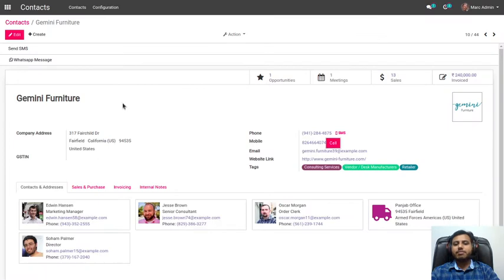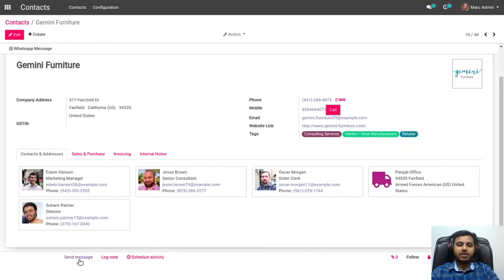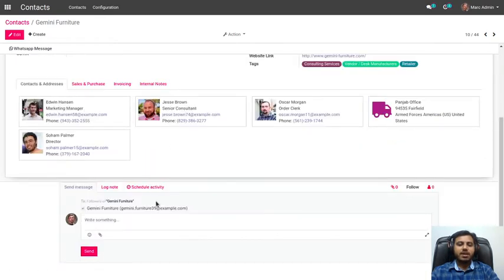If you want to send some mail to this customer, I can click on this send message. So it will directly send a mail from the system itself. You don't need to copy this mail and switch to Gmail or Outlook and write down some mails. You can write down your mail. This email ID is automatically fetched based on the data you set, and you can add some attachment and everything,